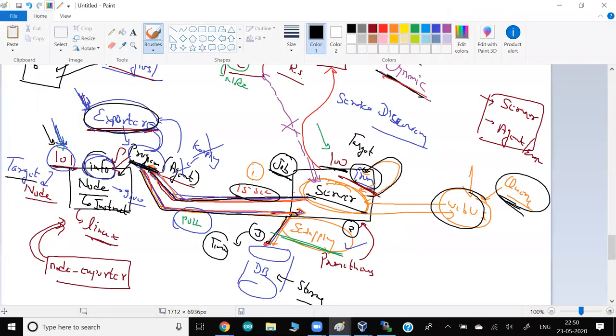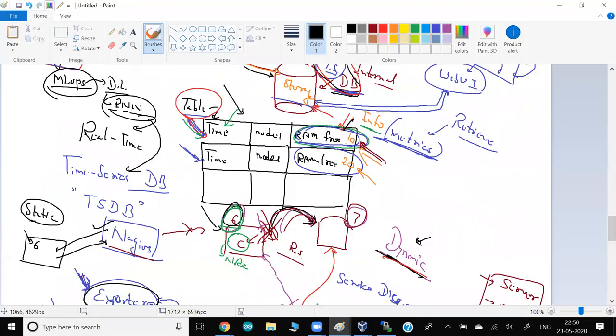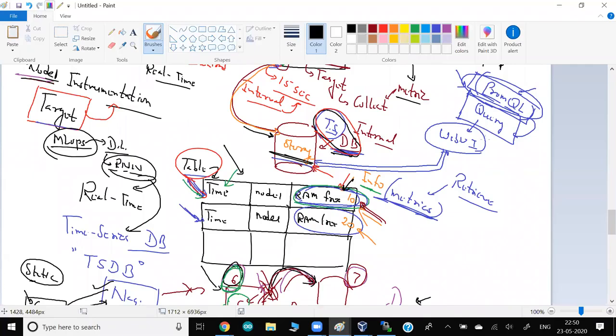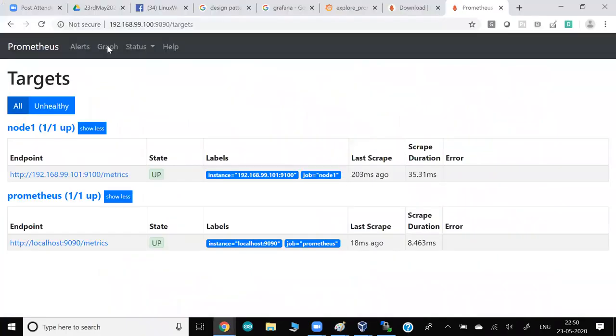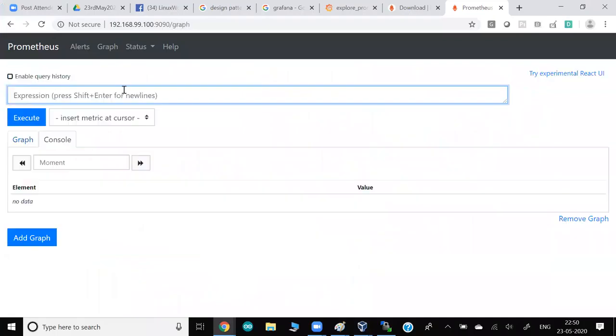First, it downloads the data. Second, every metric it scrapes is stored in this kind of table, and this table is in its database. How to search? For search, we have to go to query. Okay, so for the query, you have to go to graph here. This is the page where you can write the query. For example, for a query you should know the keyword, or you can do a live search, like we do in Google. Let's say I am looking for memory.